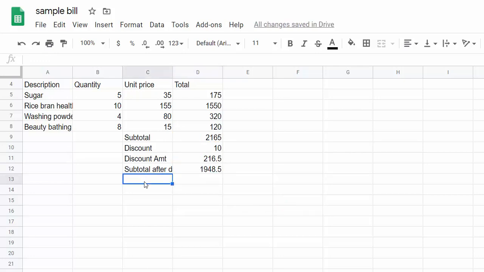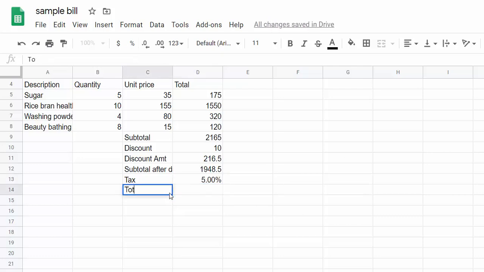Now next we should consider the tax. Let's say tax is 5%. When discount was 10%, the formula which I have used, that is amount multiply by discount, divide by 100. There is one more way you can do the calculation for percentage. For that, click on percent sign and say 5%, enter.